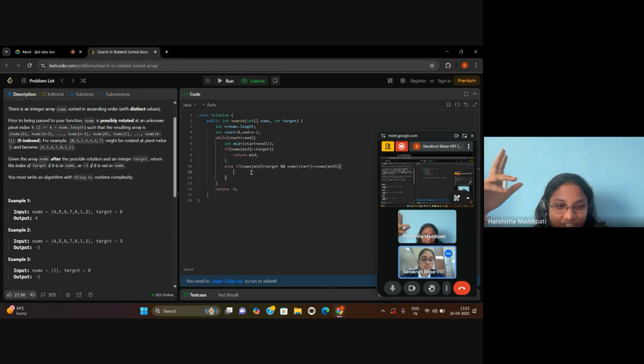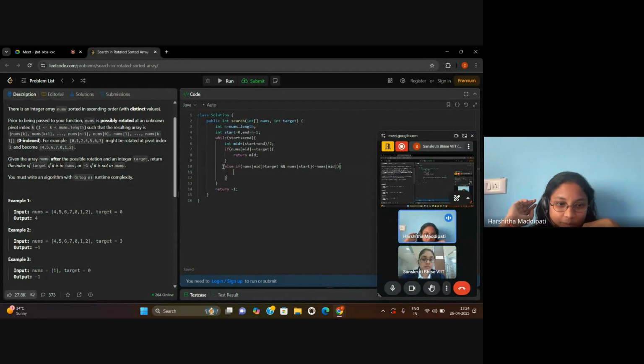You can try this one also, but you can try searching in a sorted array, I think that would be sufficient. If you have nums of start less than nums of mid, you can check whether the target will fit into that range or not. If it is not, then move to the other window.